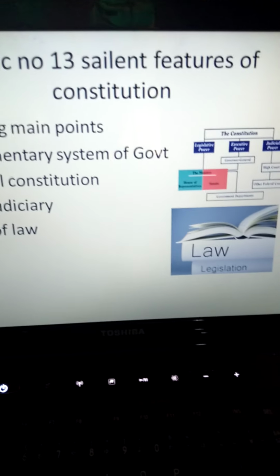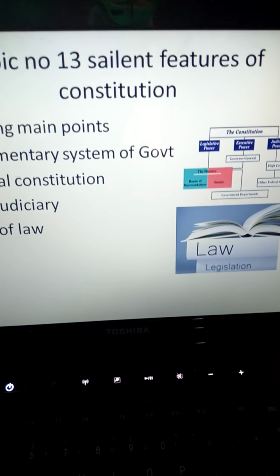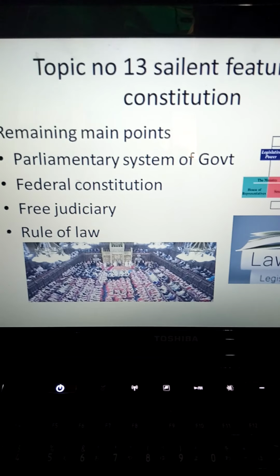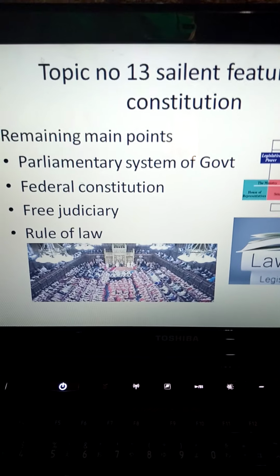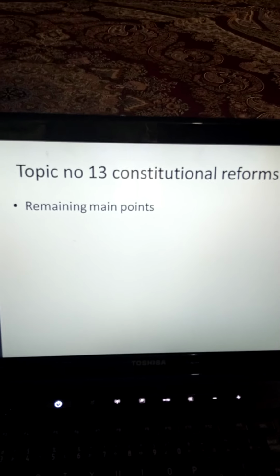Again, the legislative assemblies make the law, and this is the picture of a parliament addressing. The next topic 13, constitutional reforms. Still the remaining points,